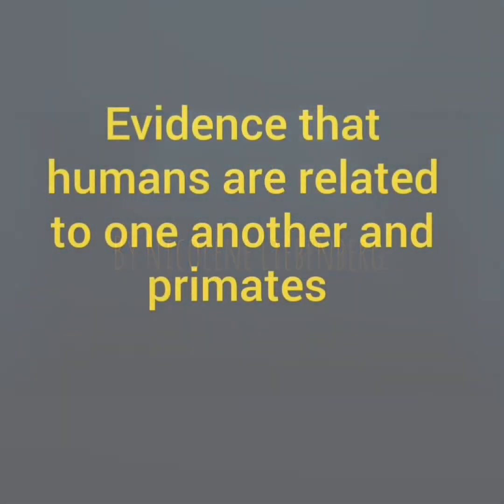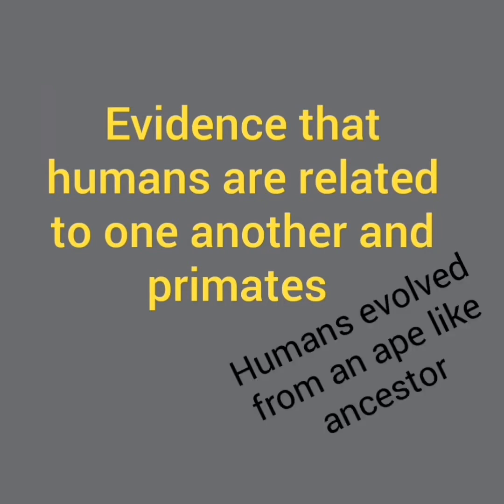In the last lesson, we learned that evolutionists claim, and some believe, that humans have evolved from an ape-like ancestor. Now, we're going to look in this video at the evidence for this claim, specifically what living modern humans have in common, why we are closely related to apes, and then we're also going to look at fossils and how fossil evidence provides